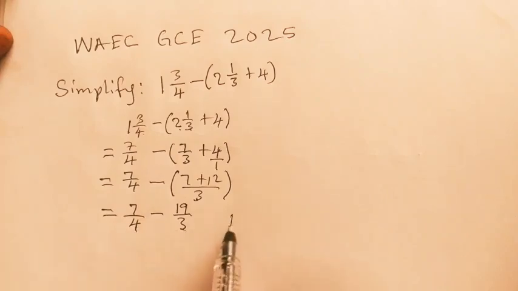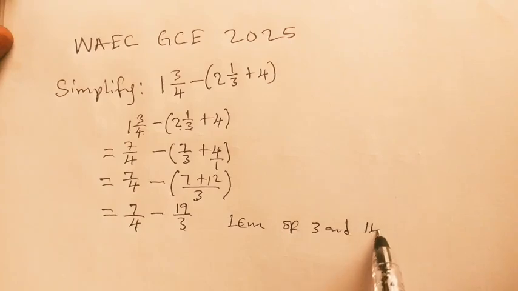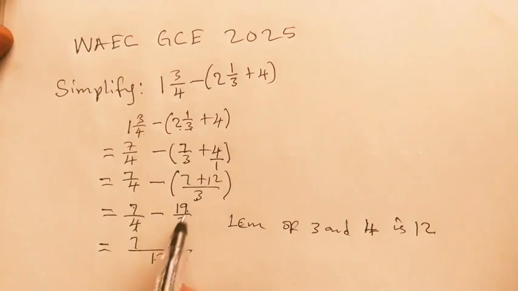So having gotten this, we'll take the LCM of 3 and 4. The LCM of 3 and 4 is 12. So we have this to be 12. 12 divided by 4 is 3. 3 times this is 7. 12 divided by 3 is 4. 4 times this, 4 times 19